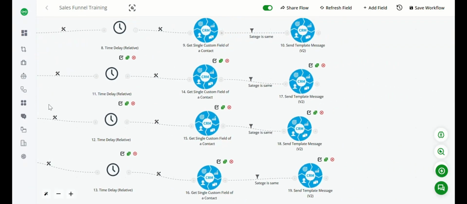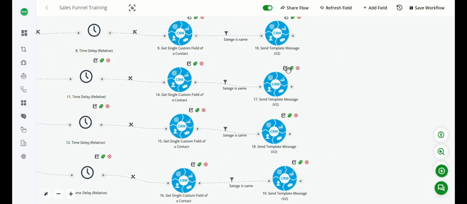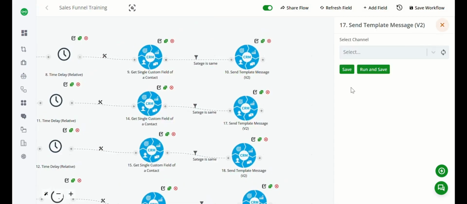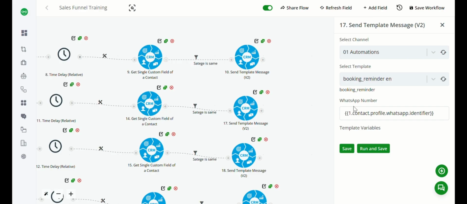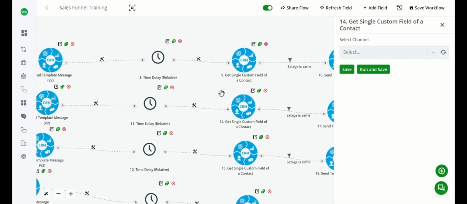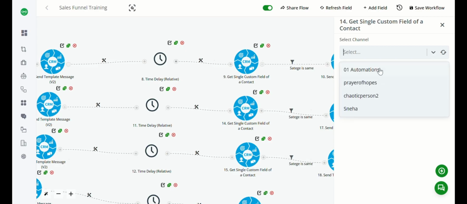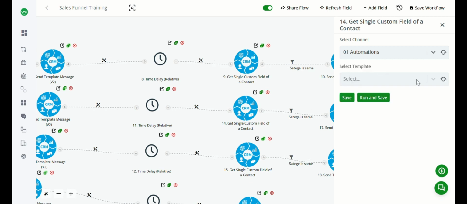One more thing to make this bot easier, we have a feature: we can simply copy this. We'll click on the copy button and we can simply copy this block and we just need to change the value here. For instance, everything is the same, we just need to change the value over here. I haven't changed it here, so I'll just click on the channel. I'll select my template for the schedule visit. Just refresh it, so I'll get the template.